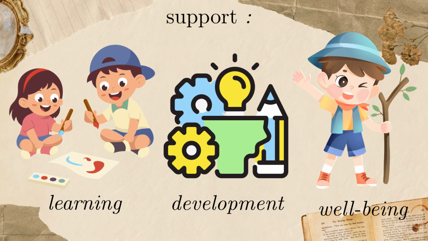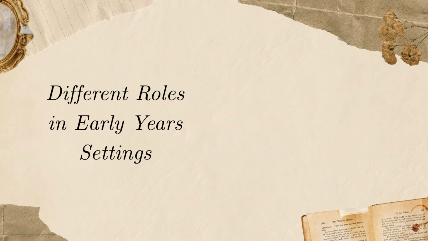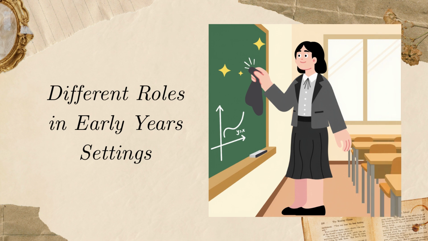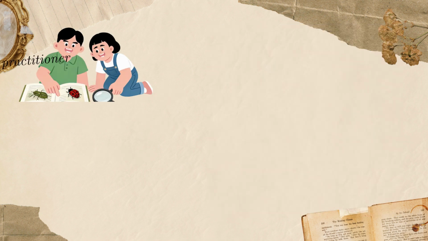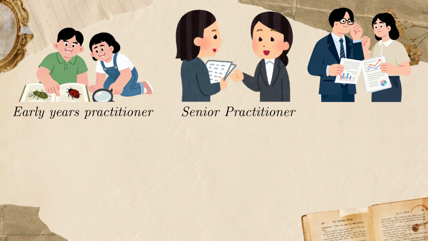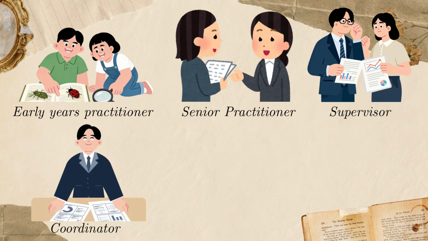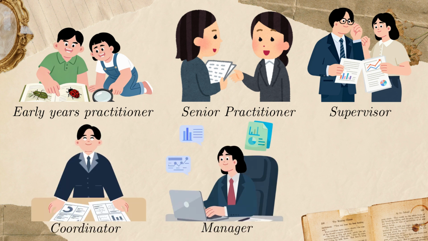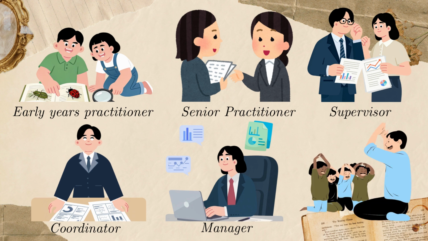Alright, now that we understand the role, let's move on to the different roles in the setting. There are different roles within an early years setting. These include early years practitioner, who works directly with children; senior practitioner, who supports staff and leads activities; supervisor, who oversees daily practice; coordinator, who organizes curriculum and planning; manager, responsible for the whole setting; key person, who supports a specific group of children